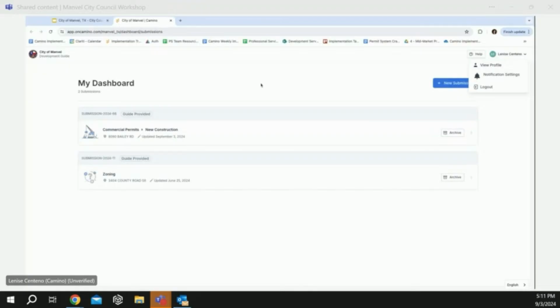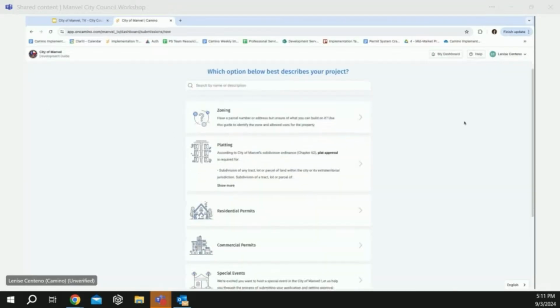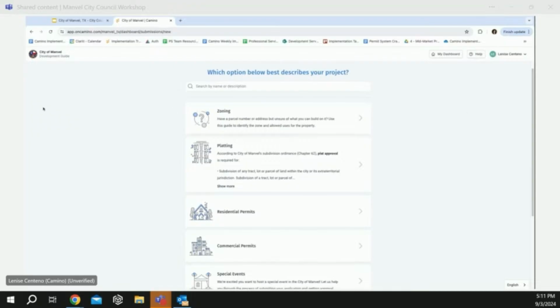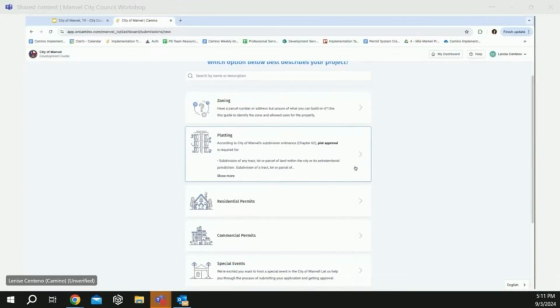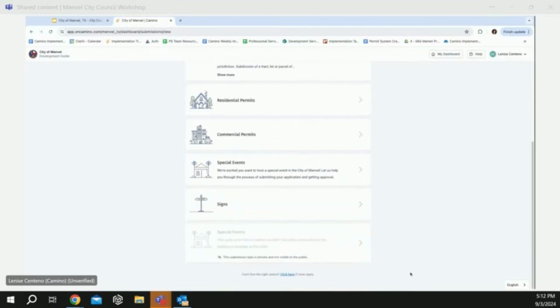In this case, I will actually go to a new submission here. This is the navigation structure that anyone that accesses the public link will have access to. This is going to provide you all the selections, all the different guides we have currently built. Now, because I'm an admin, you can see there's even some private ones on here. What's really great about Camino is you can go live with configurations that are complete, but you can also still work on things in the background without disrupting the current system or needing to take any pause to implement.